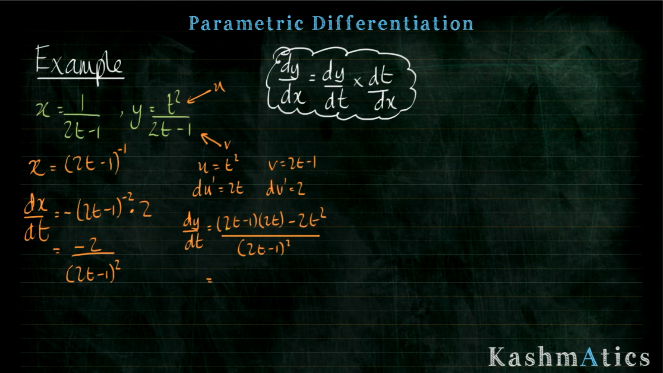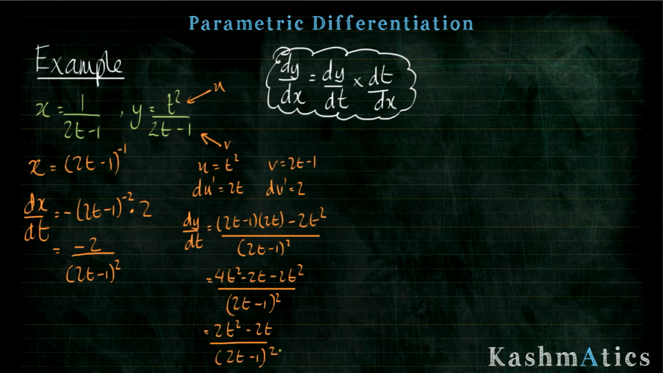The top becomes 4t squared minus 2t minus 2t squared, all over 2t minus 1 squared. And if I tidy the top up even more, I get 2t squared minus 2t all over 2t minus 1 all squared. So let's put it all together and see what we end up with. So dy by dx